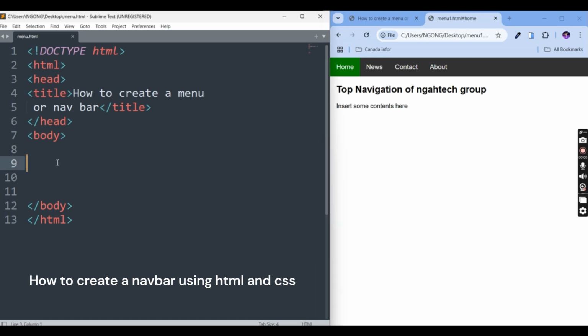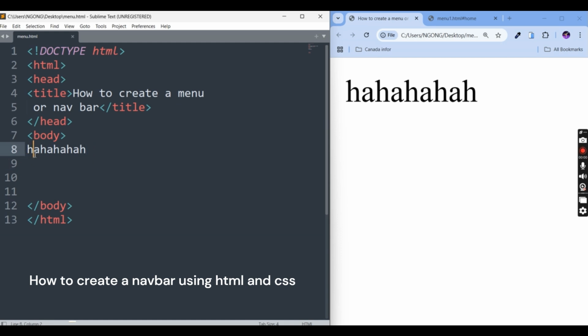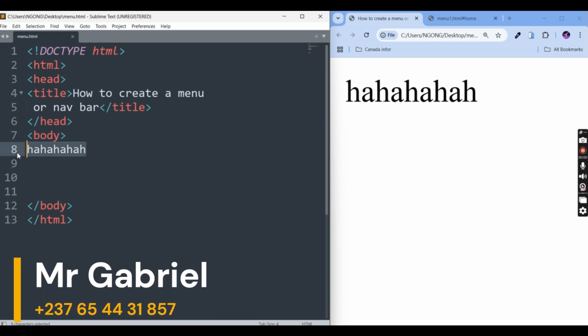I've opened up two separate windows here, and this is what we're going to be looking at. We are going to be setting up something. If I type something here and then I refresh, you see it will appear here. Let me zoom it for you to see well. So what we are going to do now is, for us to start, we are going to first of all create work at the level of the HTML. After the HTML, we will now move on to our